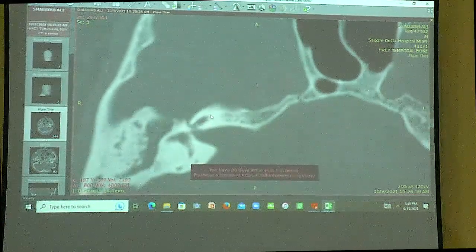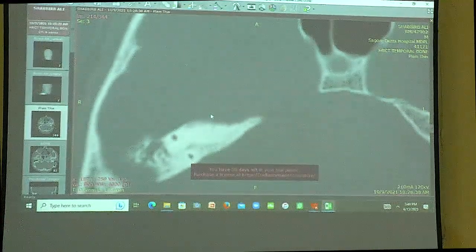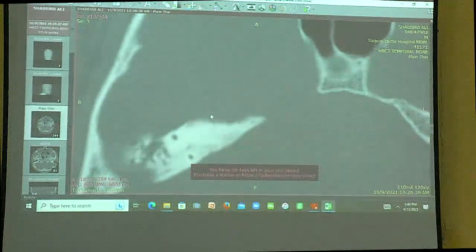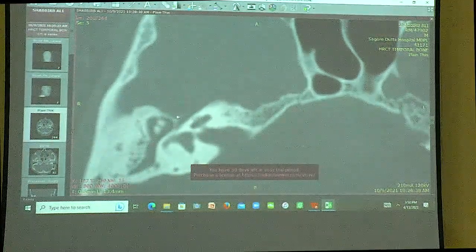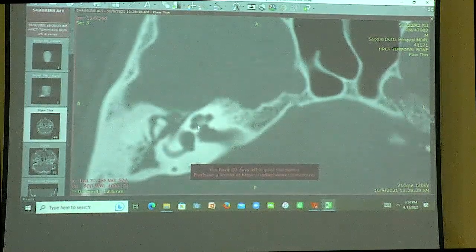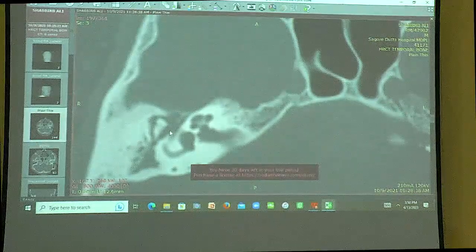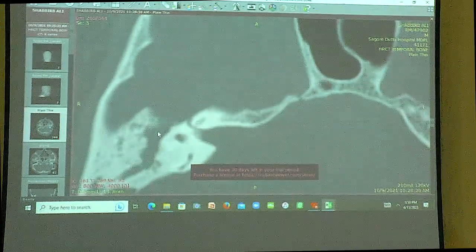So as you go down, you see that there is no erosion of the bone, but just soft tissue is present. So this is a mucosal type of chronic otitis media. Okay. So you can see it here. What do we have to look for? We have to look for erosion of the fallopian canal. We have to look for erosion of the ossicles, especially the